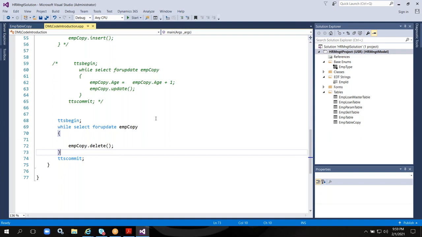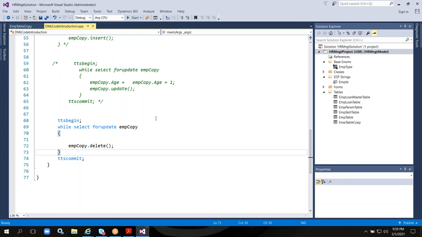It will apply the delete operation. It will call the delete method. So the first record will be deleted. Again, it will go to the next record, and the record will be deleted, and the table will be updated again. And it will go to the third record. The record will be deleted. The table will be updated again. Go to the fourth record. The record will be deleted, and the table will be updated. In that way, the process will be done